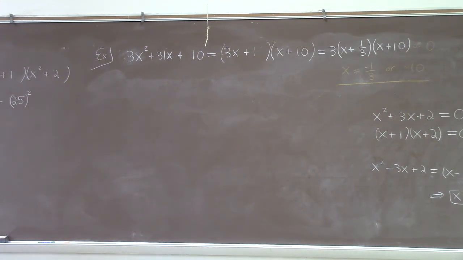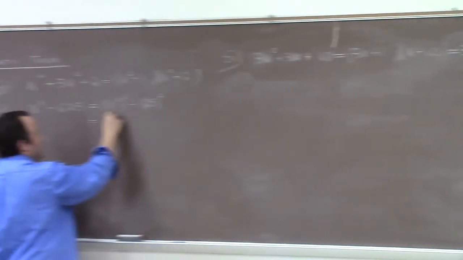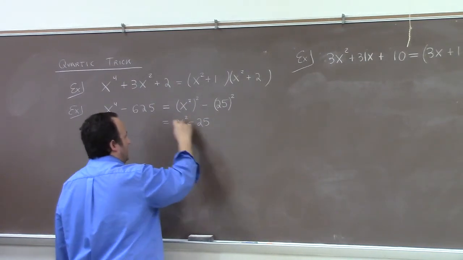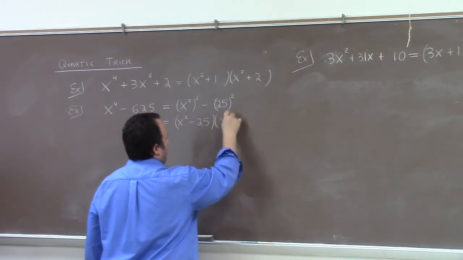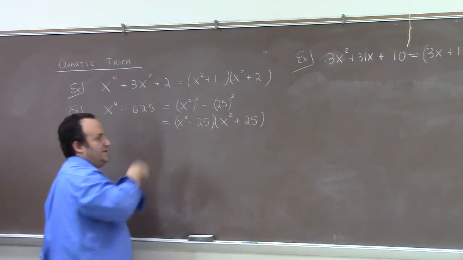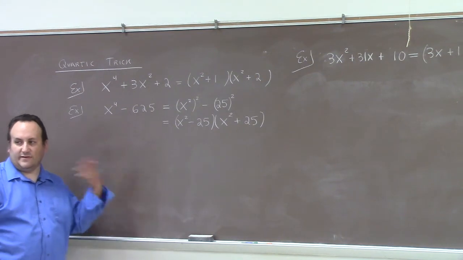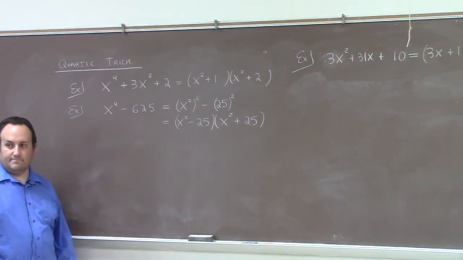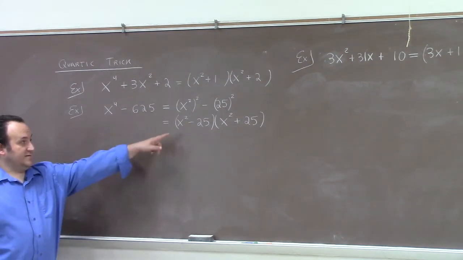I think you have it. So I look at this as like a squared minus b squared. And so that's x squared minus 25 times x squared plus 25. So x squared plus 25 is just like x squared plus 1. We can't do anything else with that. That's prime, right? But the x squared minus 25,